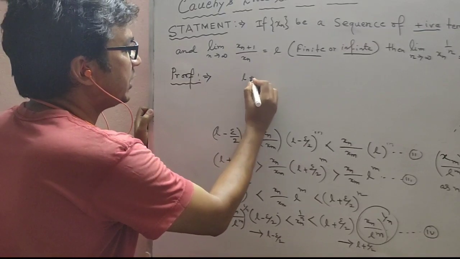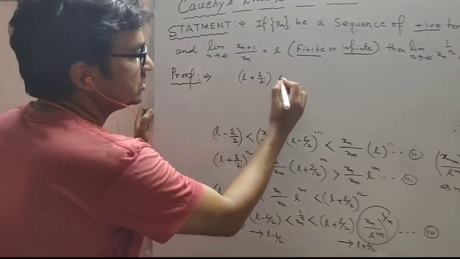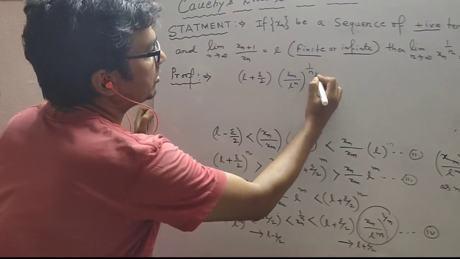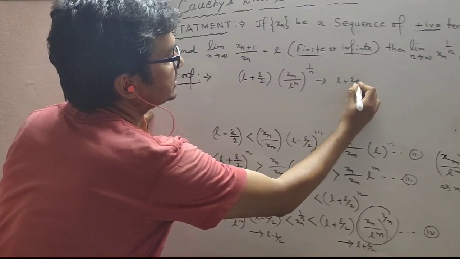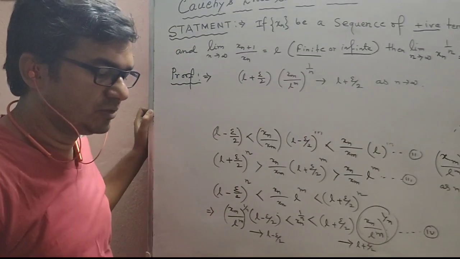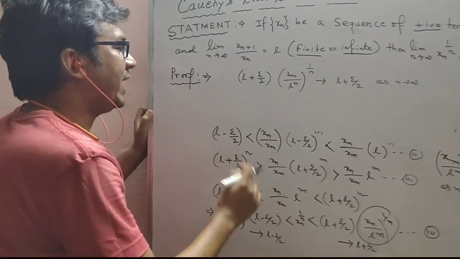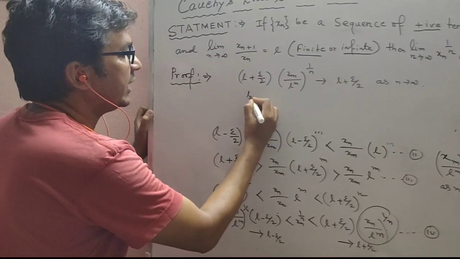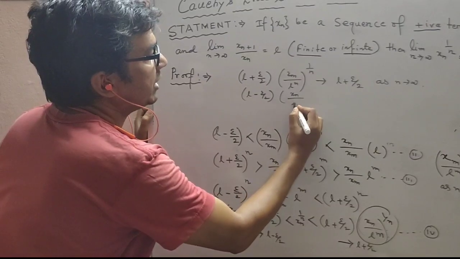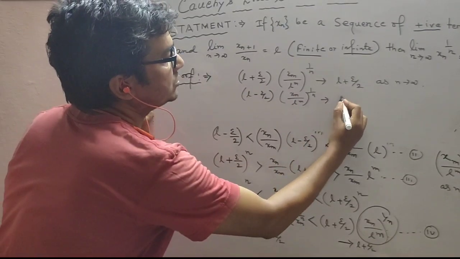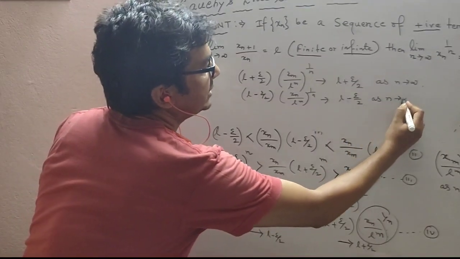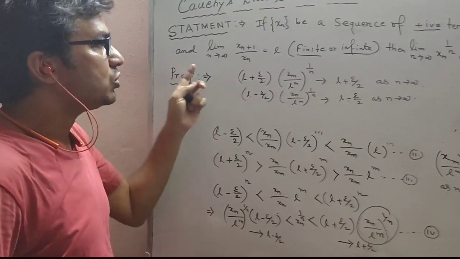Now, since (L plus epsilon by 2) into (xm by L to the power m) to the power 1 by n tends to L plus epsilon by 2 as n tends to infinity, and also (L minus epsilon by 2) into (xm by L to the power m) to the power 1 by n tends to L minus epsilon by 2 as n tends to infinity, so we can write